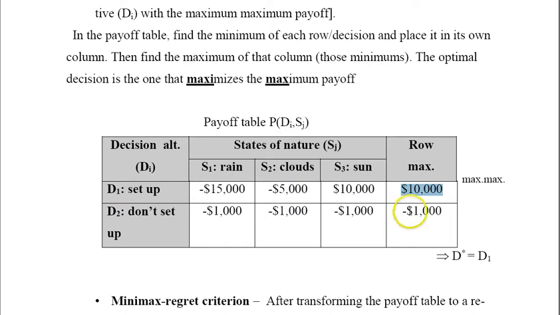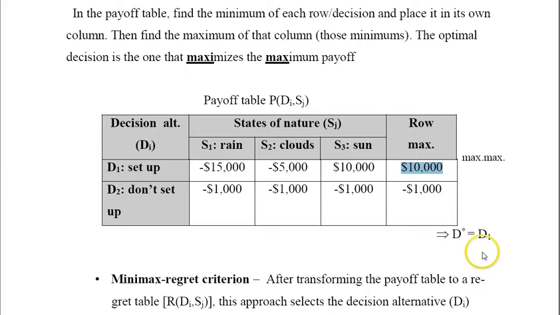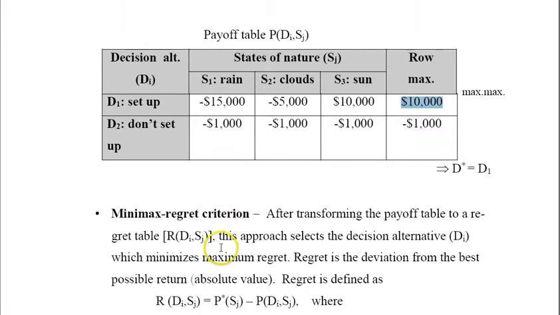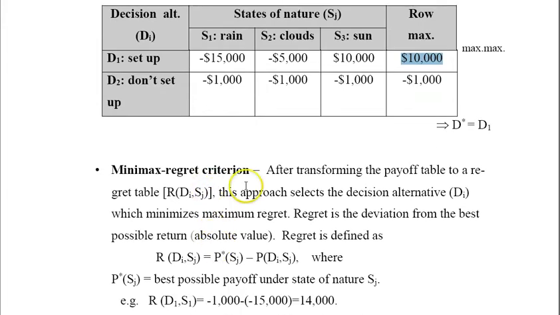In this case, the maximum would be negative 1,000. And then we pick the maximum of the maximum. The higher of the two values is 10,000, and that corresponds to D1, which is set up. So in this case, our D star would be to set up, and you can see how the two different criteria led to two different decisions. Now there's another criterion called the min-max regret criterion,